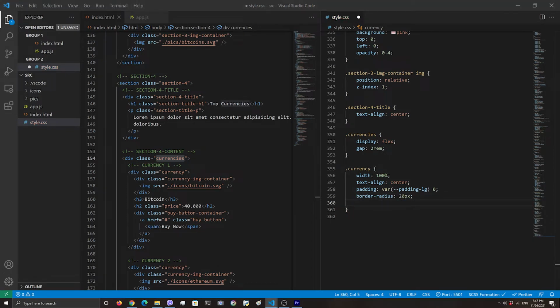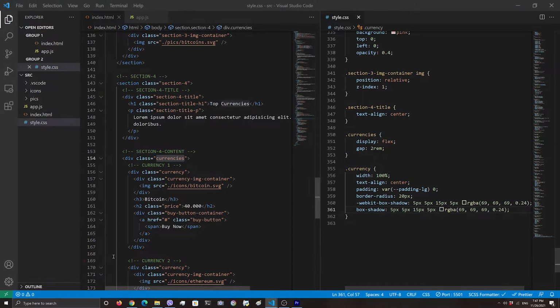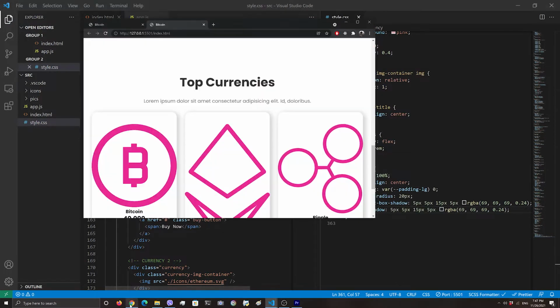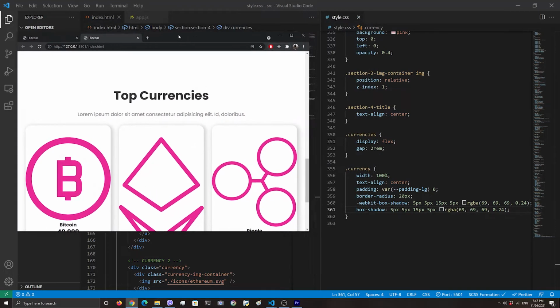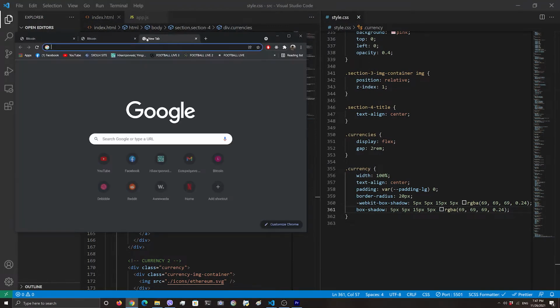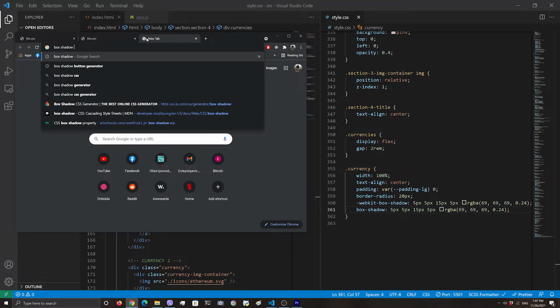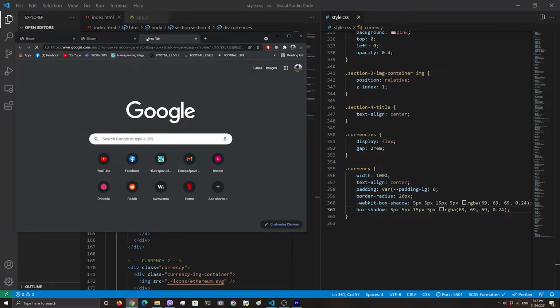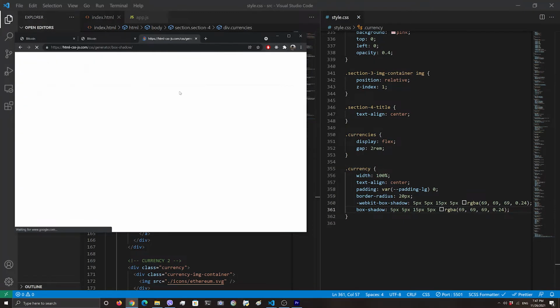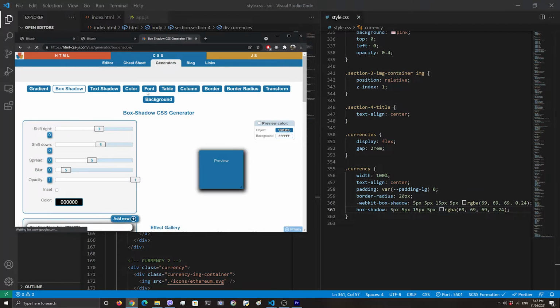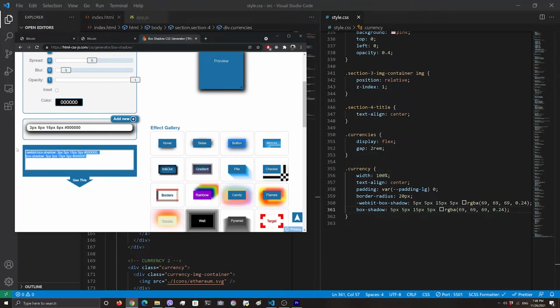And I'm gonna paste box shadow. You can find and create your own box shadow here. Box shadow generator, and if you copy the code from here,